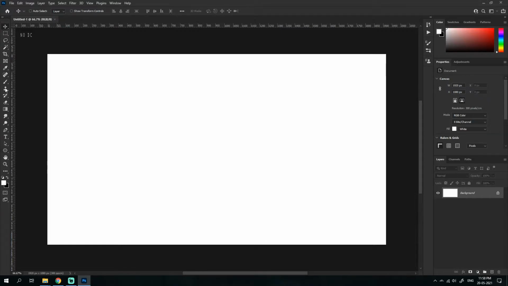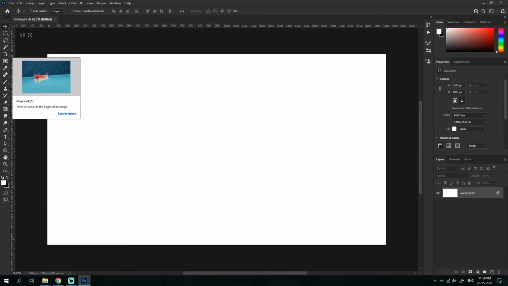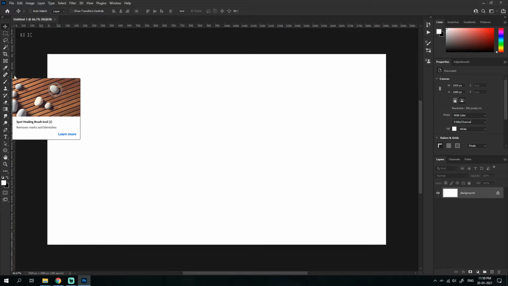So you could see this is the section where we will be having the toolbars. I can left click here, right click to show more options, or you could just hold it, and you could see every single one of them has a letter here. So like M, L. If you could see I've selected this thing, but if I press V, it switches to that one. So that's one thing. If you hover, it also gives you a small tutorial kind of thing. I don't know if it should be available in 2021.